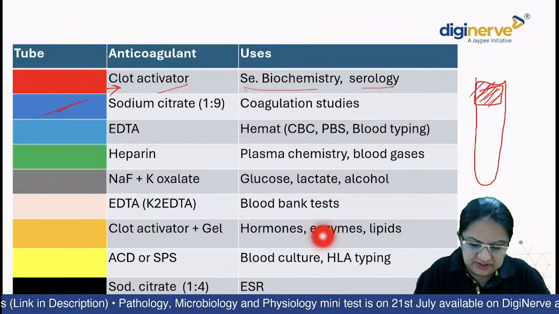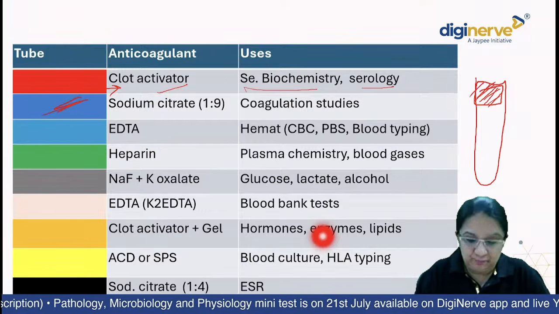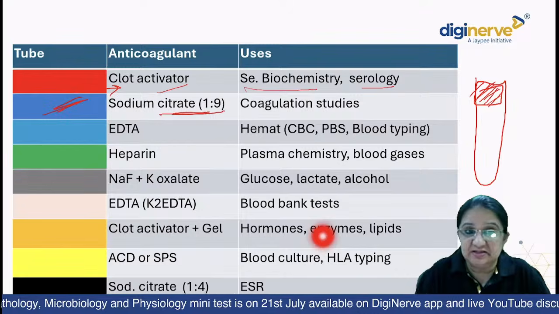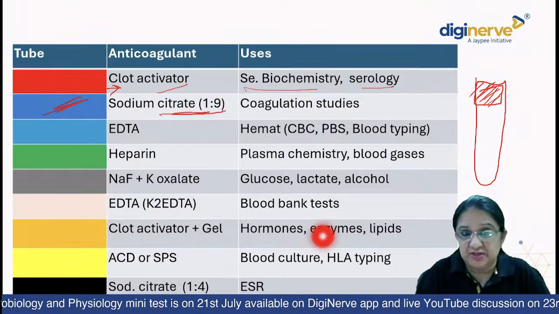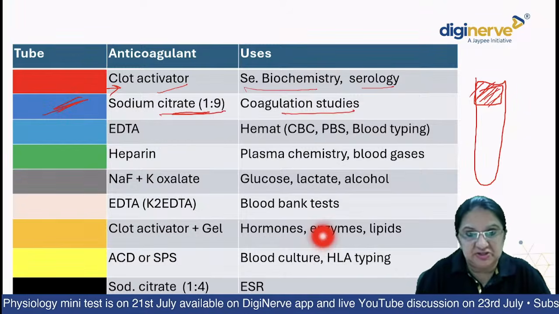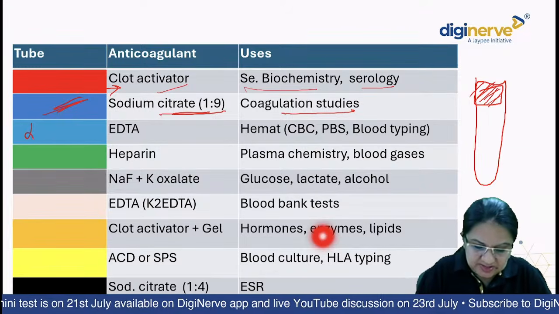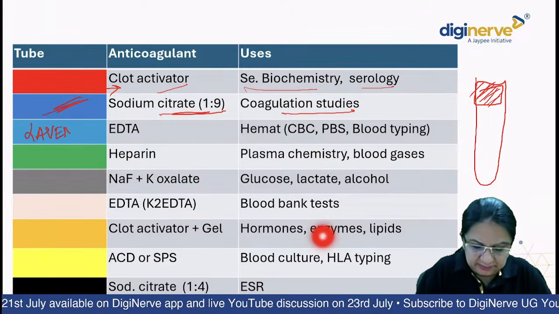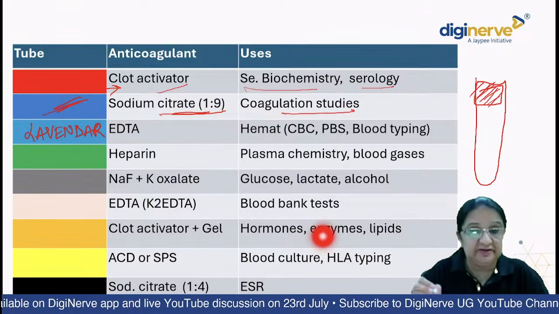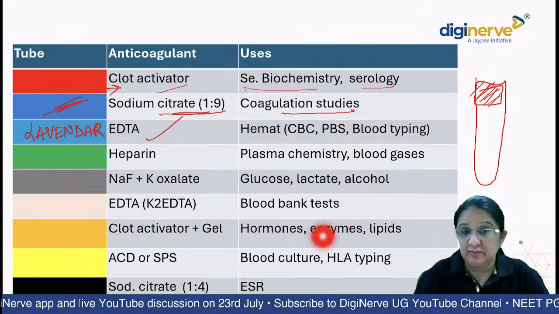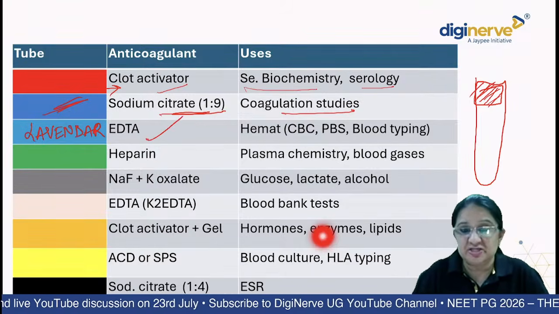Then sodium citrate, light blue. Sodium citrate is in a ratio of 1:9, used in coagulation studies. Sorry, this is my mistake. This should be lavender color. Okay, lavender color. EDTA, the bread and butter of a hematologist, which